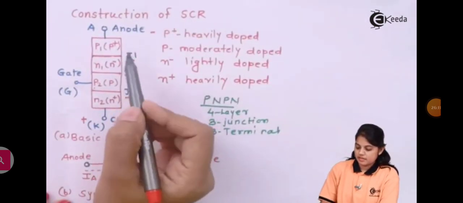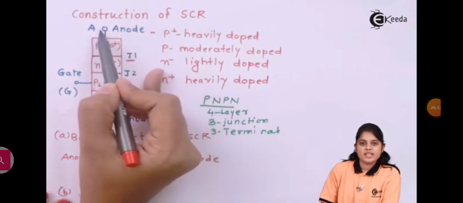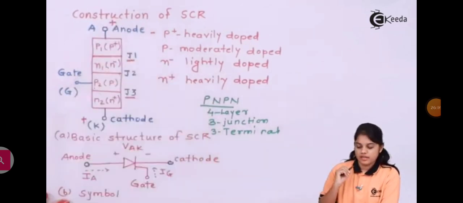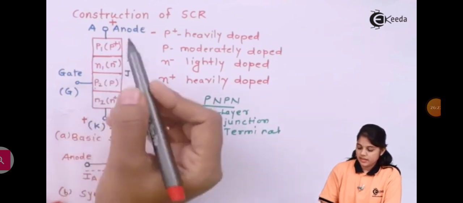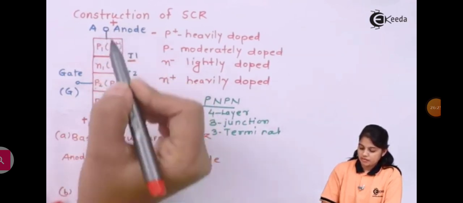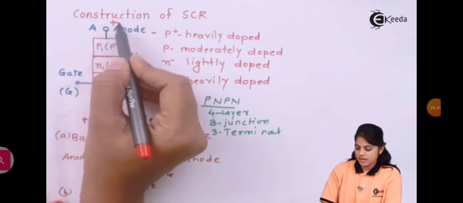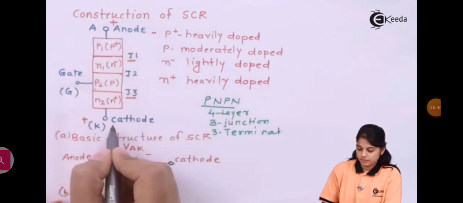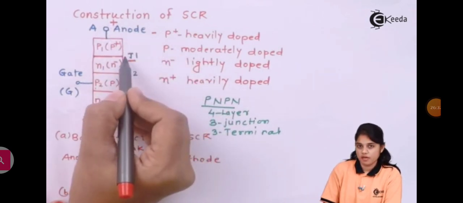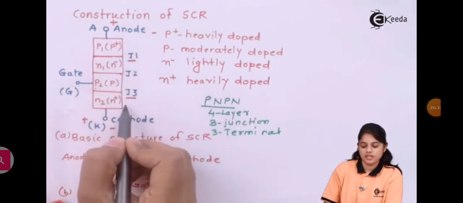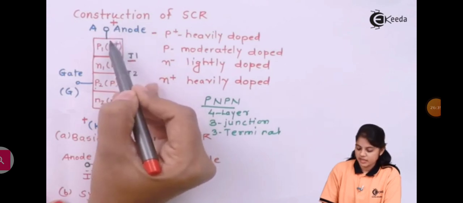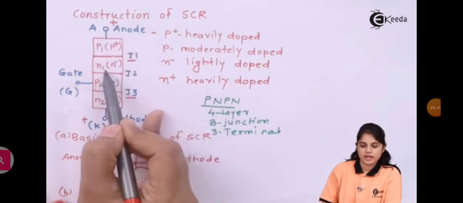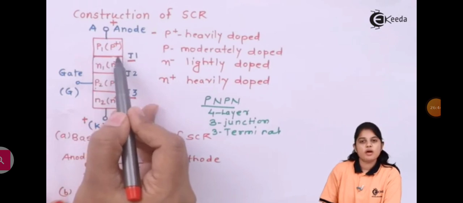Okay, now let's assume that my anode is connected to the positive terminal and cathode is connected to the negative terminal. Now in this case also my gate terminal is open, correct? So now if you look at the diagram, if anode is connected to the positive terminal and cathode is connected to negative terminal, my junction J1 will be forward bias and my junction J3 will also be forward bias. If you see, the positive is connected to p-type material and negative is connected to n-type material. So junction J1 will become forward bias.